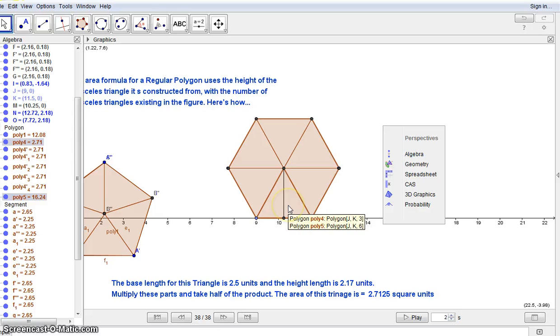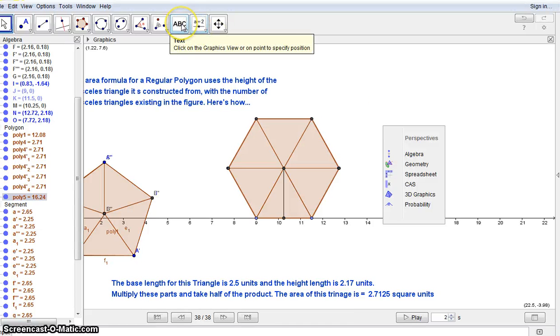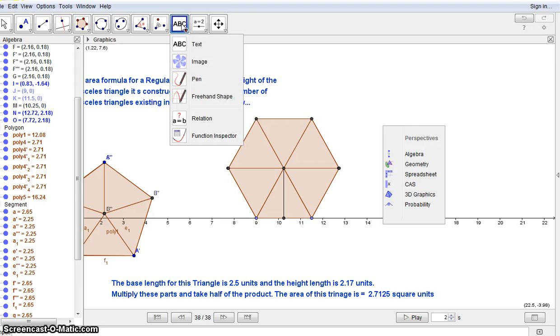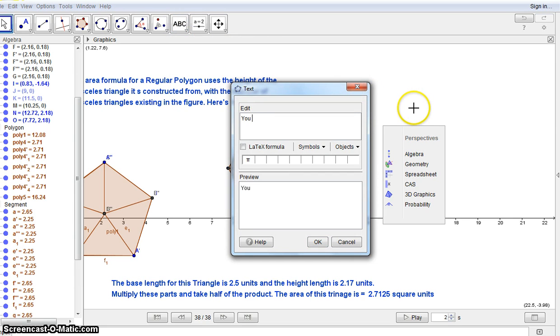It'll get me the area of the isosceles triangle using this one side length, and multiplication will get me the area of the whole figure. Your task will be to define the parts that are used in the area formula for a regular pentagon. So you will discuss the parts of the area formula, and this is the generalized area formula